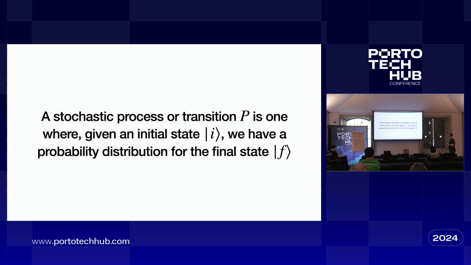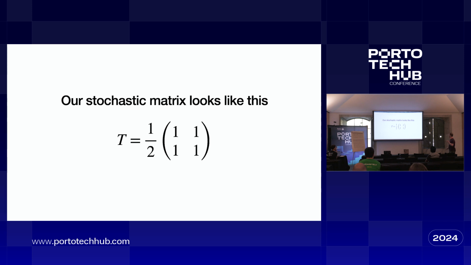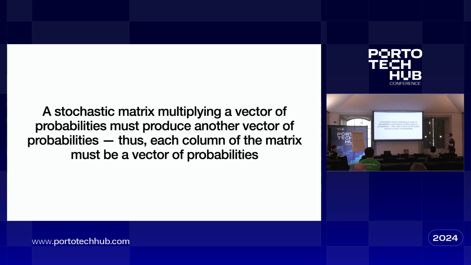I'm going to skip the section on stochastic processes because I think we're just going to get bogged down in that, and it's not important. The only thing I would say is that we can also model stochastic processes with randomness in them using matrices. The difference is that instead of matrices like 0, 1, 1, 0, we're going to get matrices like a half, a half, a half, a half. For example, that would be the matrix of tossing a coin. What this matrix is saying is it doesn't matter what state I start out in, my end state is going to be half probability. So that would be our coin toss process.